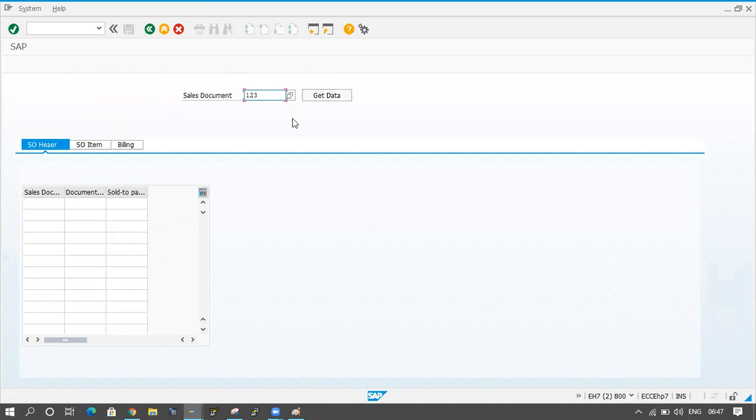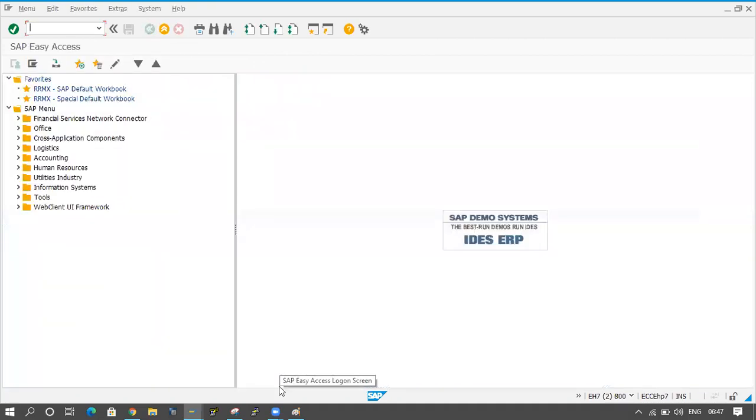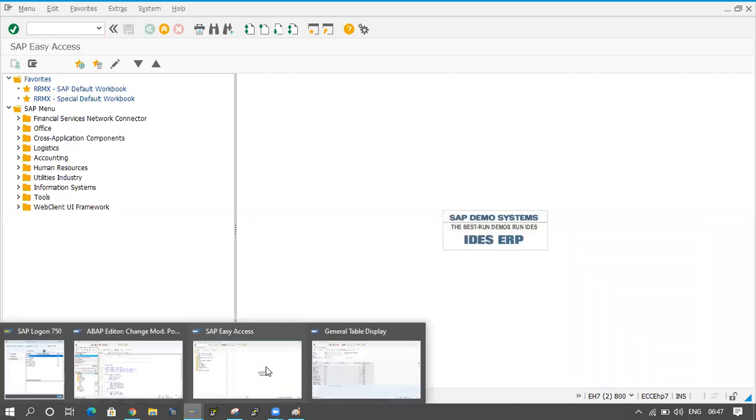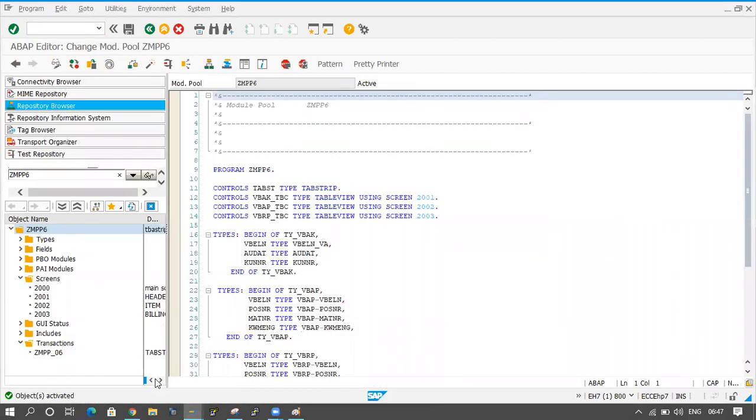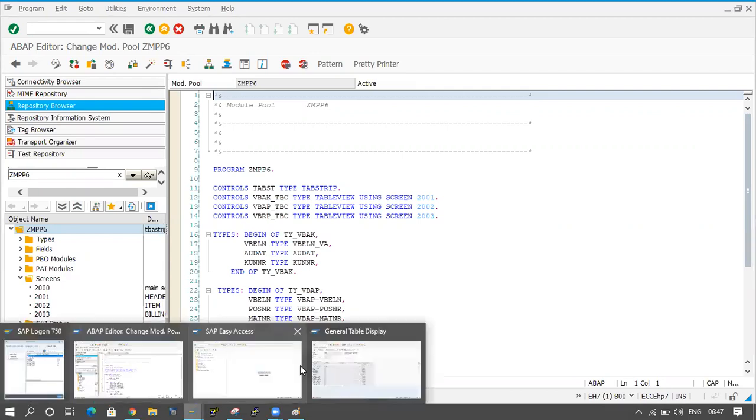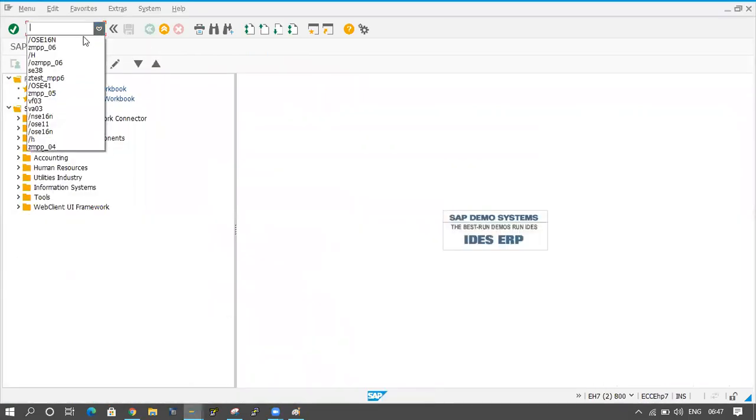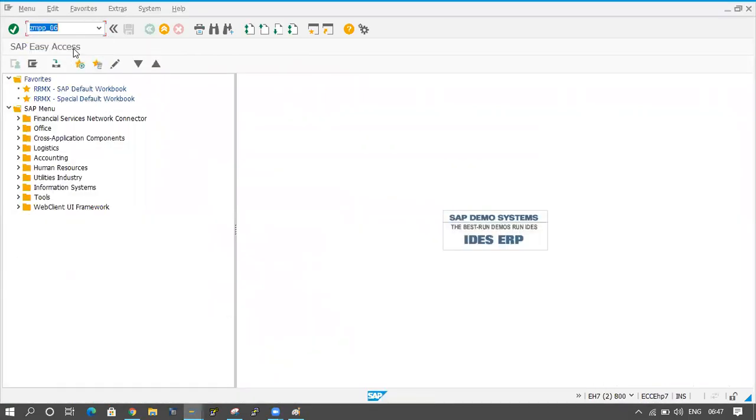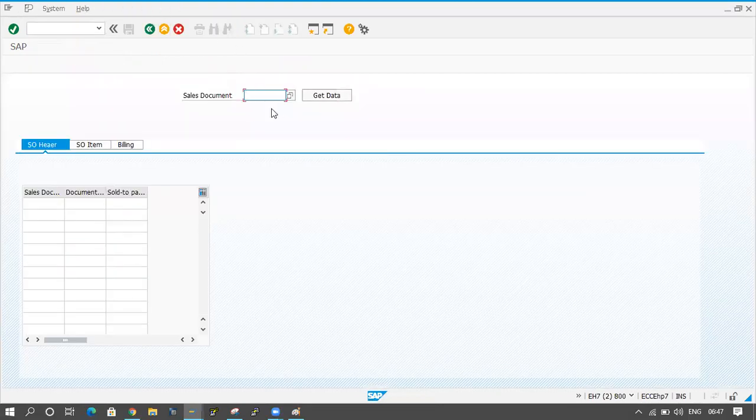So how can you do this? If you want to do any validation in our MPP, module pool programming, then you have to do it in the PAI. The input field where I have added it is in the 2000 screen.